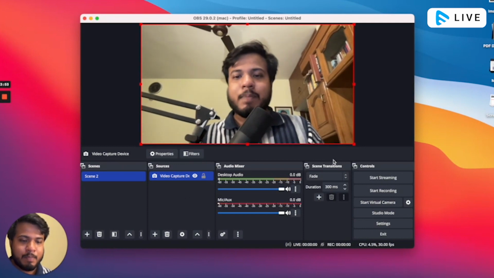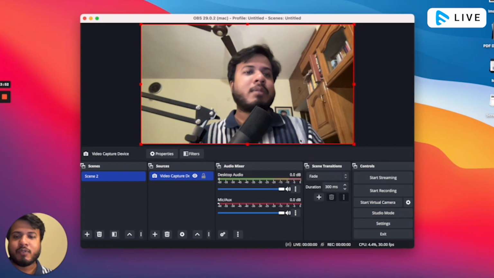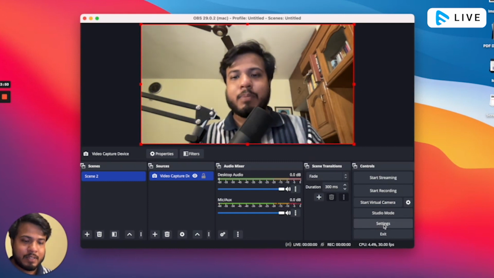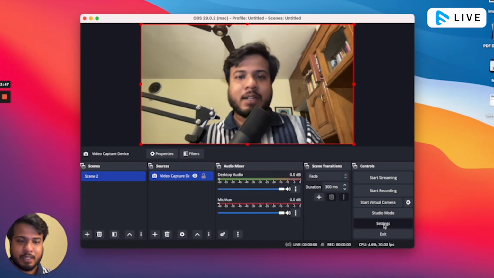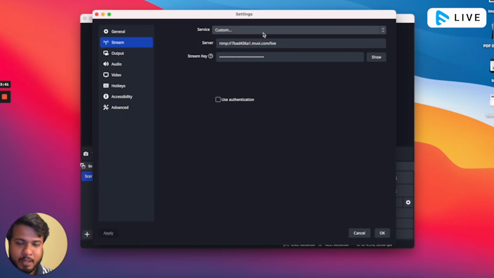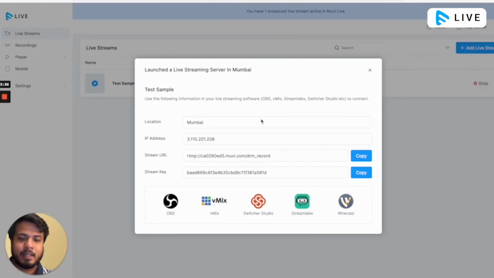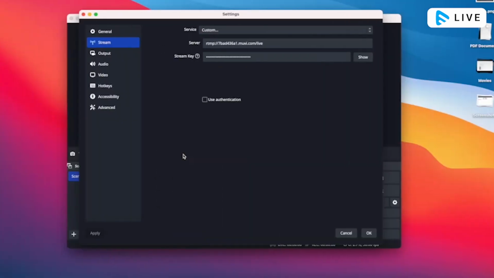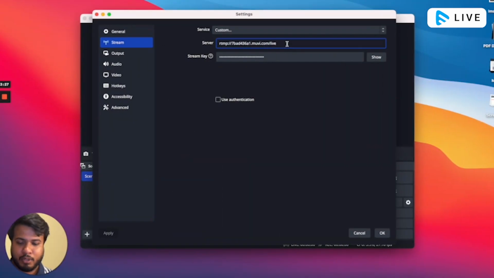Now the next step is I have to connect it with my Movie Live, which is a very simple process. I just click on the settings option, and then I'll go to the stream option. Click as custom, it is decided as custom, and then I'll replace the server and the stream key that I got here. So I'll just click the server stream URL and I'll put the URL here,